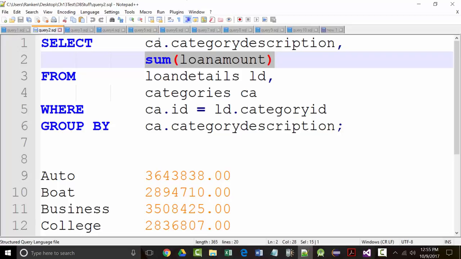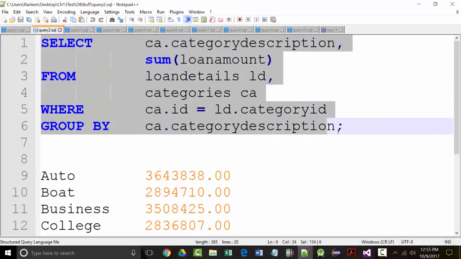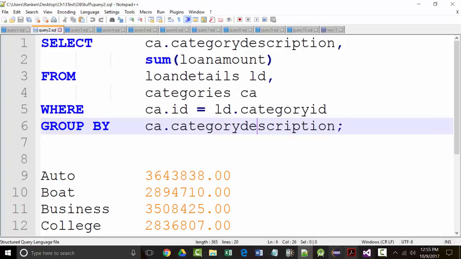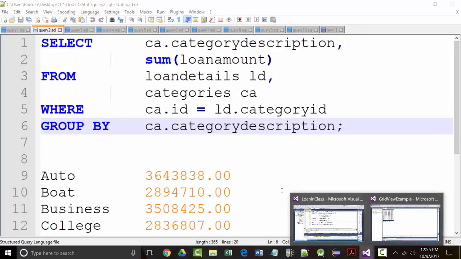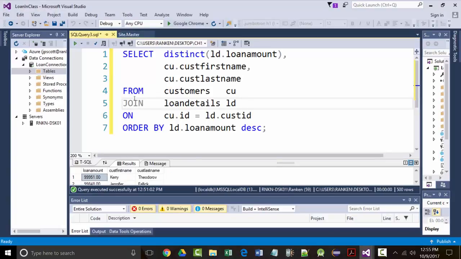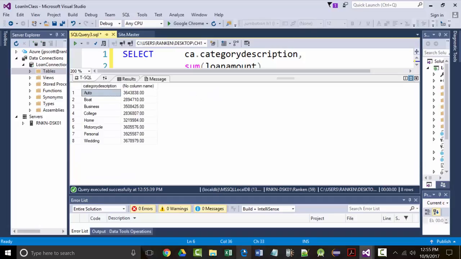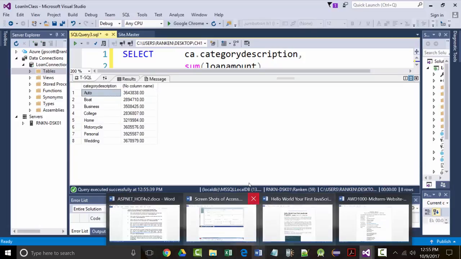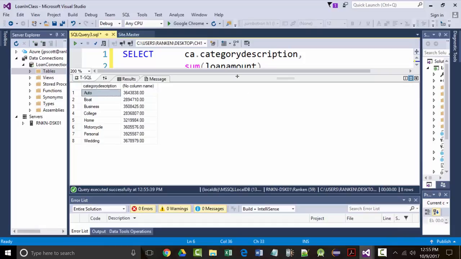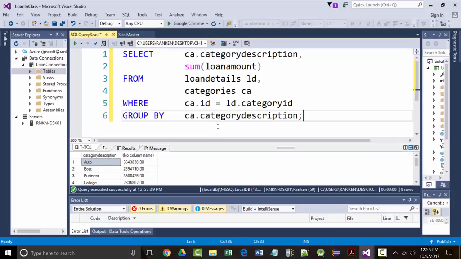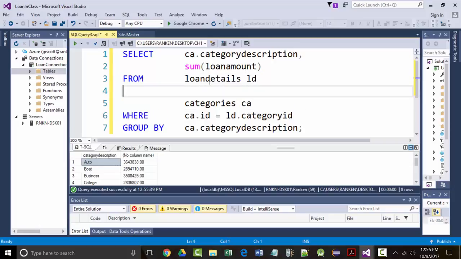All right. So again, if I take this whole query and paste it in here and run it, as you can see, those are the totals that I get. As I mentioned, I went back and added them up by hand, and then I ran the query itself. So if we grab this one, we should be able to say loan amount from this